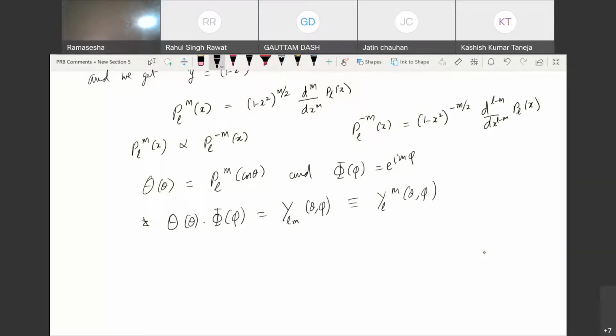And this is equal to P_lm cos theta into e to the power i m phi. Okay, now this is for m greater than 0,